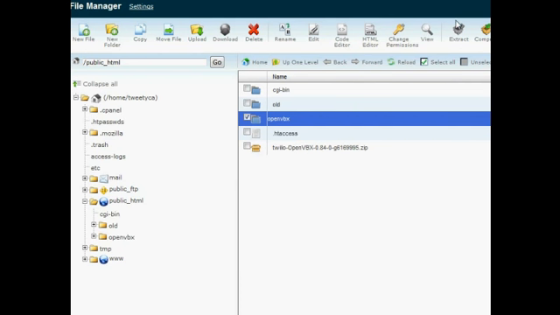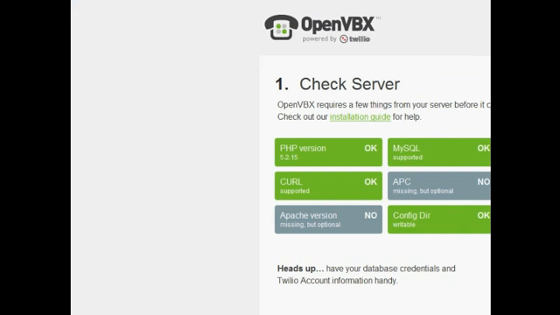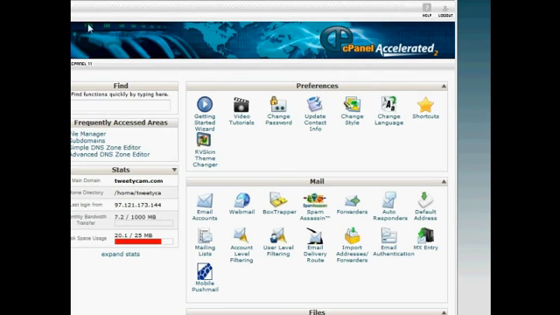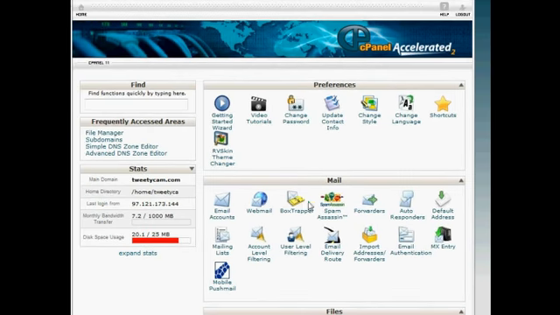we'll see the installation screen here, and it looks like everything checks out okay. A couple things we don't have, but they're optional. One thing to note is we're going to need our database credentials and our Twilio account information handy. So we'll go into the database setup portion now. So if you go back into your cPanel and look for your MySQL databases, right here's mine,